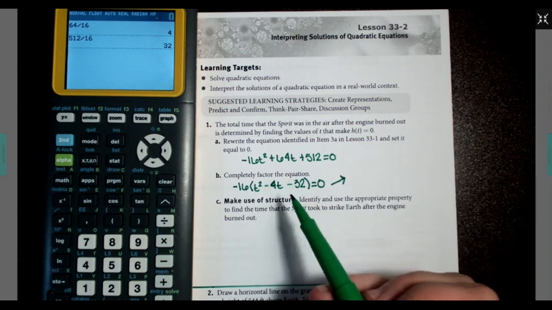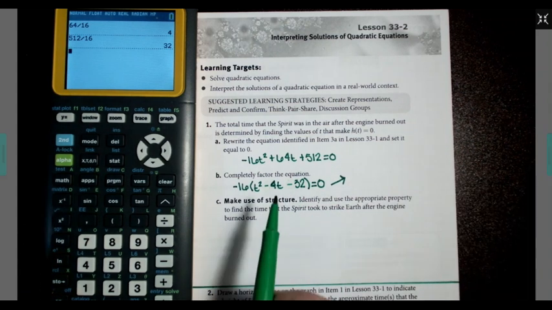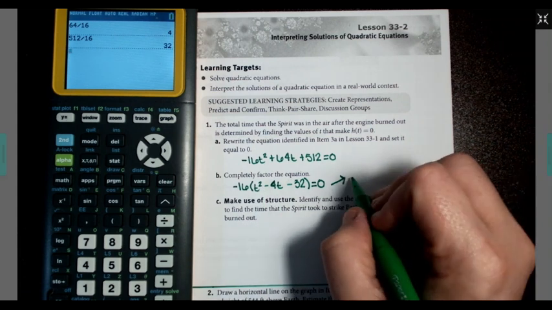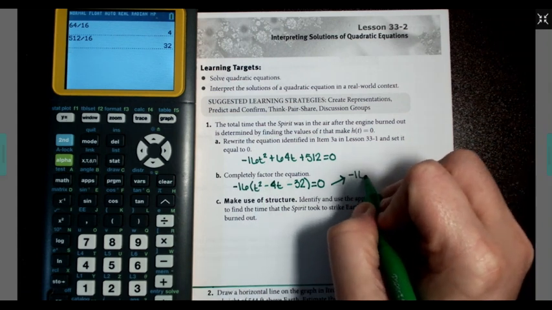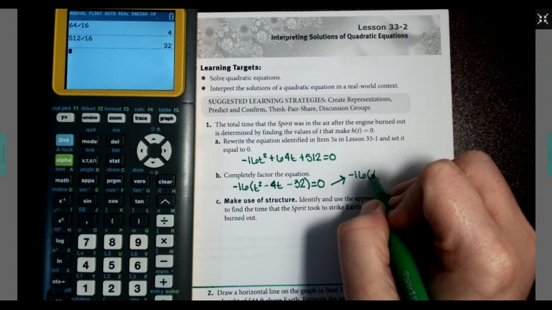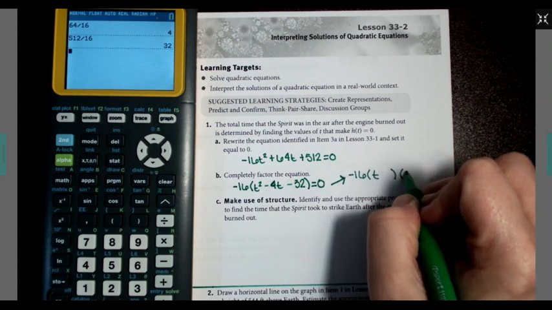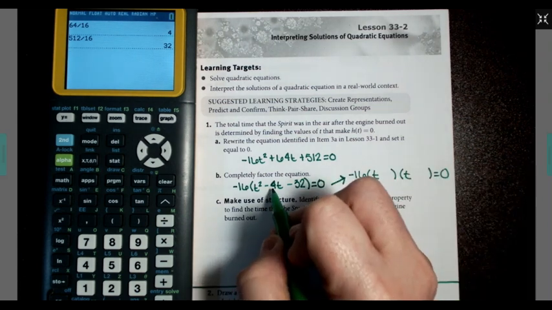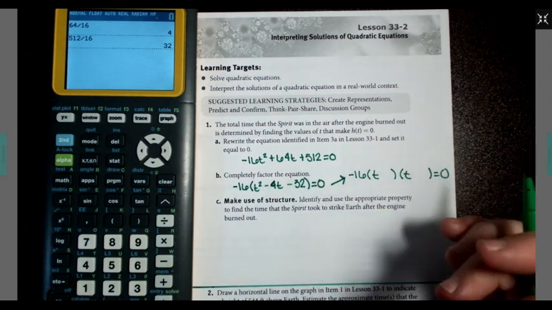One has got to be positive while the other has got to be negative, and I want negative 4 when you add them together. So we're going to have negative 16, we're going to have t here and a t in this parentheses, right? 8 and 4 sound like a good combination